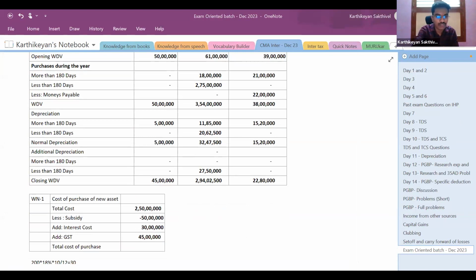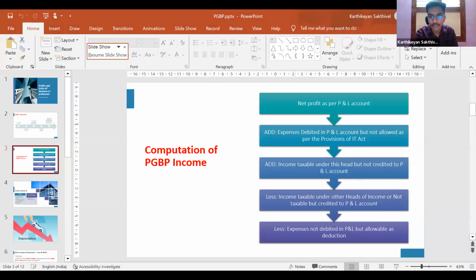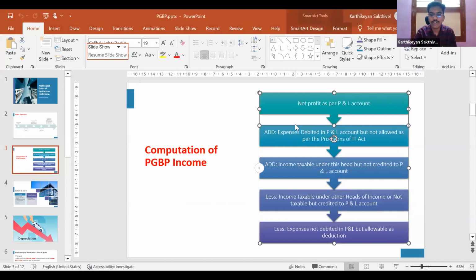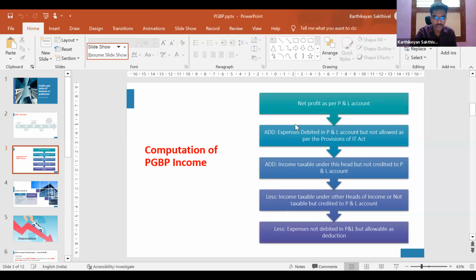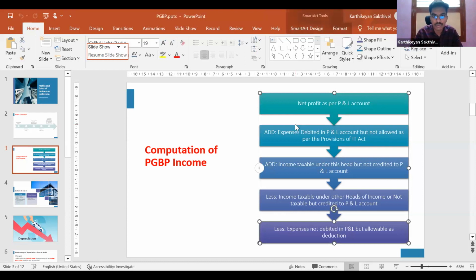Next point is this. Now we saw the first one, right? So how should it be treated here? In these 4 blocks, how should this be dealt with? What you do is whatever depreciation is given as per the Companies Act, always add it. Whatever depreciation is as per accounting, add it. Whatever depreciation you are computing and finding here, that is to be subtracted. This is the adjustment for depreciation. Add the depreciation as per accounting or Companies Act, subtract the depreciation computed as per the Income Tax Act. There comes an end to the concept of depreciation.